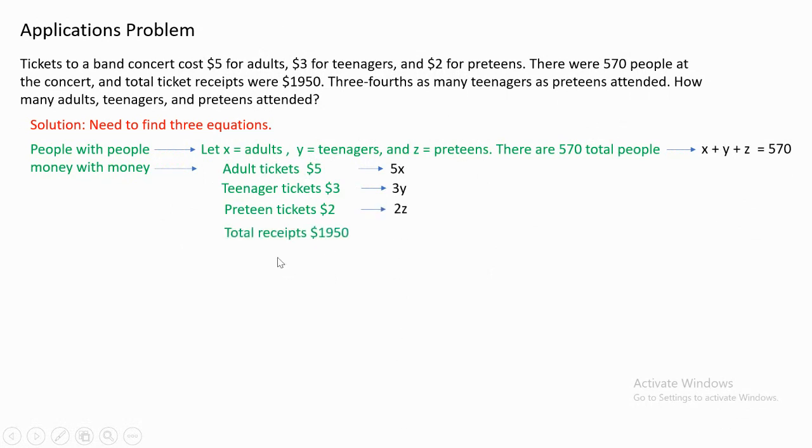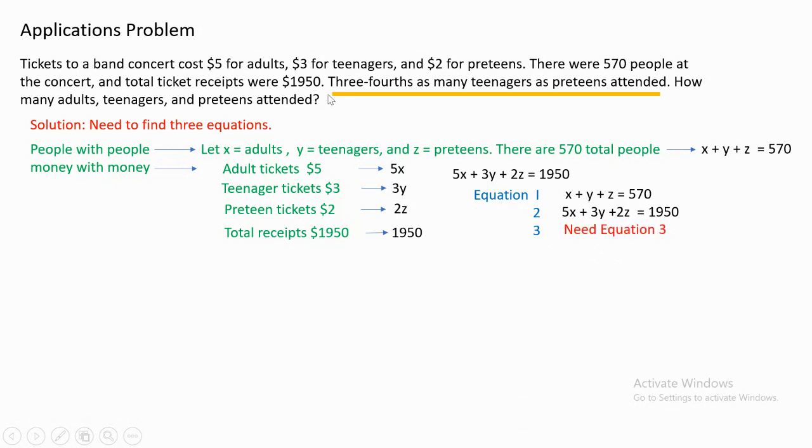And what was the revenue? How much money? The total receipts were $1,950. So it's going to be 5x plus 3y plus 2z equals 1950. So we found equation 1 and equation 2. What's missing? Equation 3. So with equation 3,